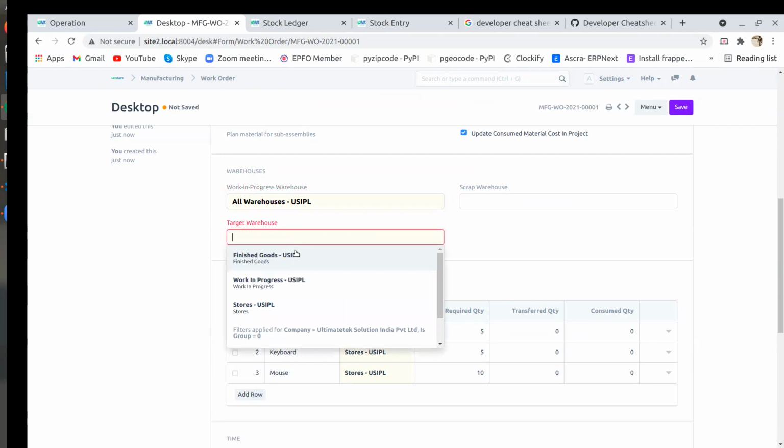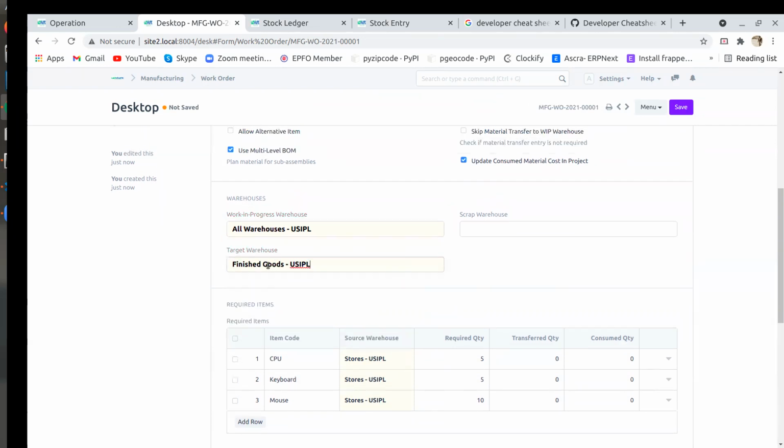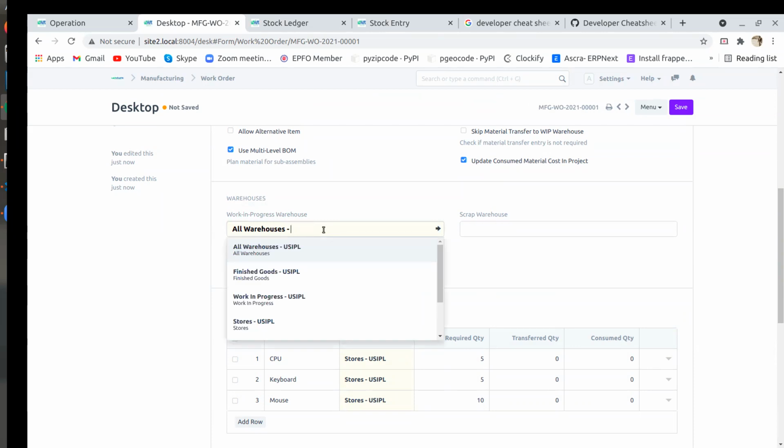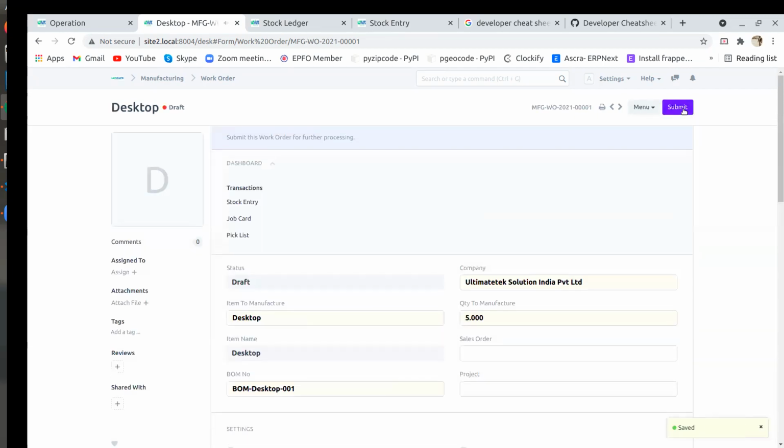Everything in the same finished goods warehouse, because we are taking from there only and putting back there only. No, we cannot do it like that. It should be in a separate workstation, then we have to move to the one workstation. Now we have to do a transfer quantity.